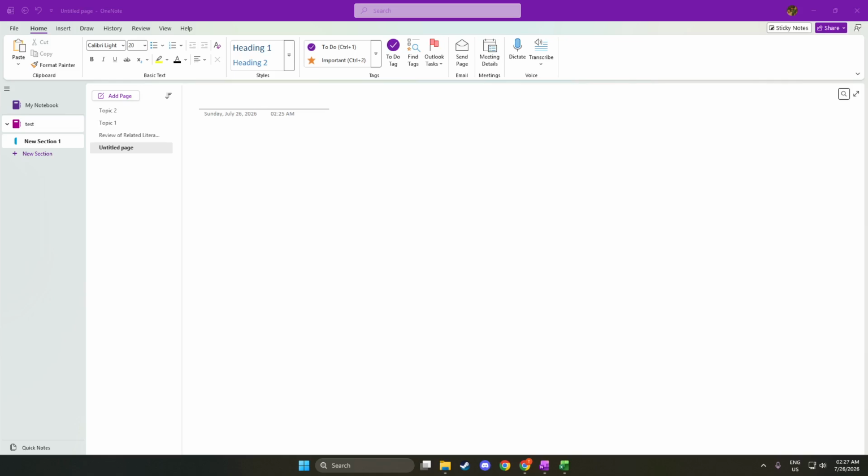Once you have the page created, click on it to open it. This new page will serve as your central hub, making it easier to navigate through your notes later. A well-organized table of contents saves you time when searching for specific information, ensuring you can access your notes quickly and efficiently. Next, find the page you want to add to your table of contents.